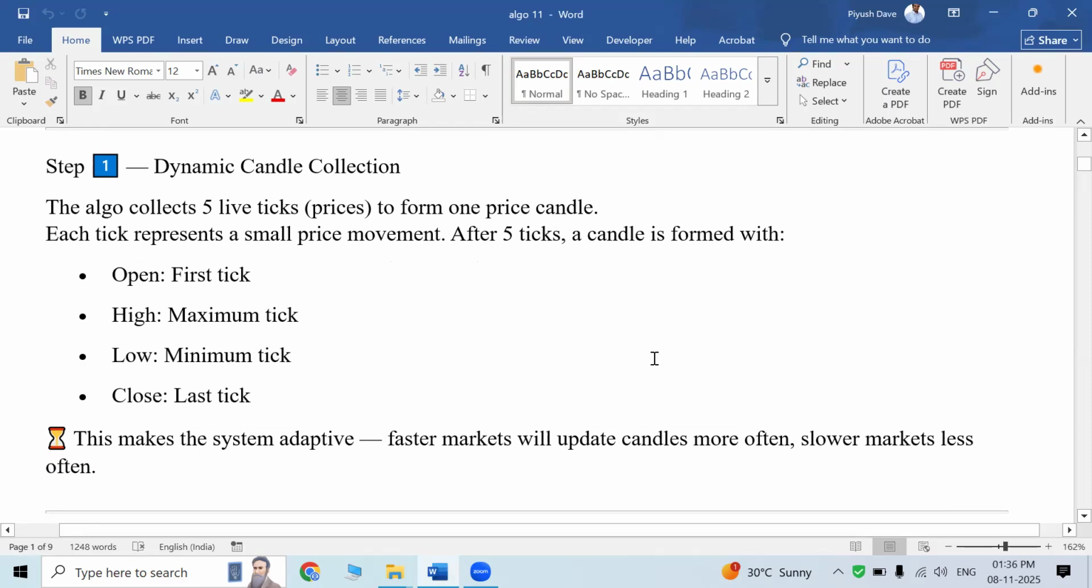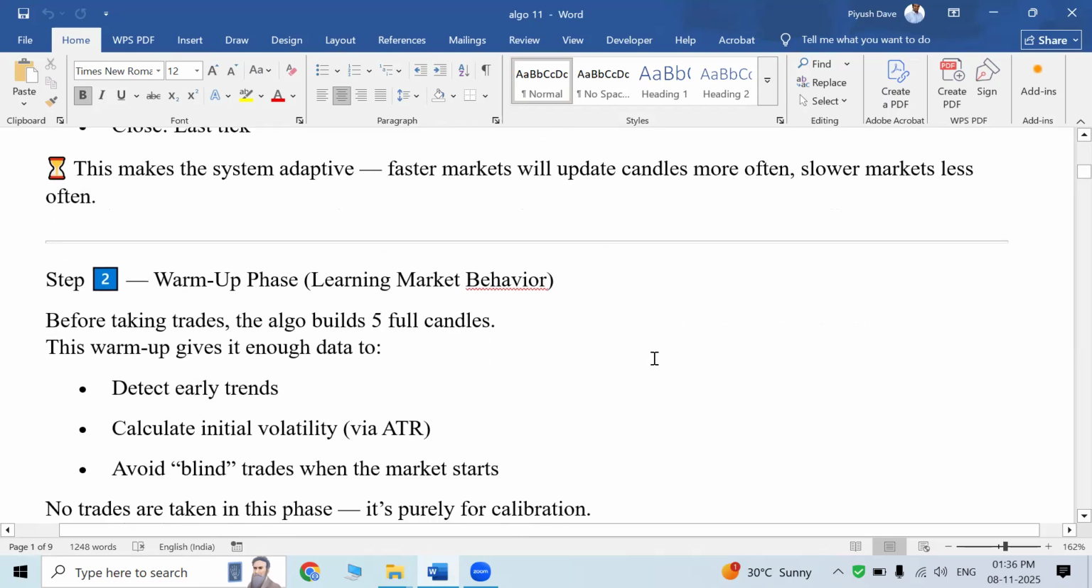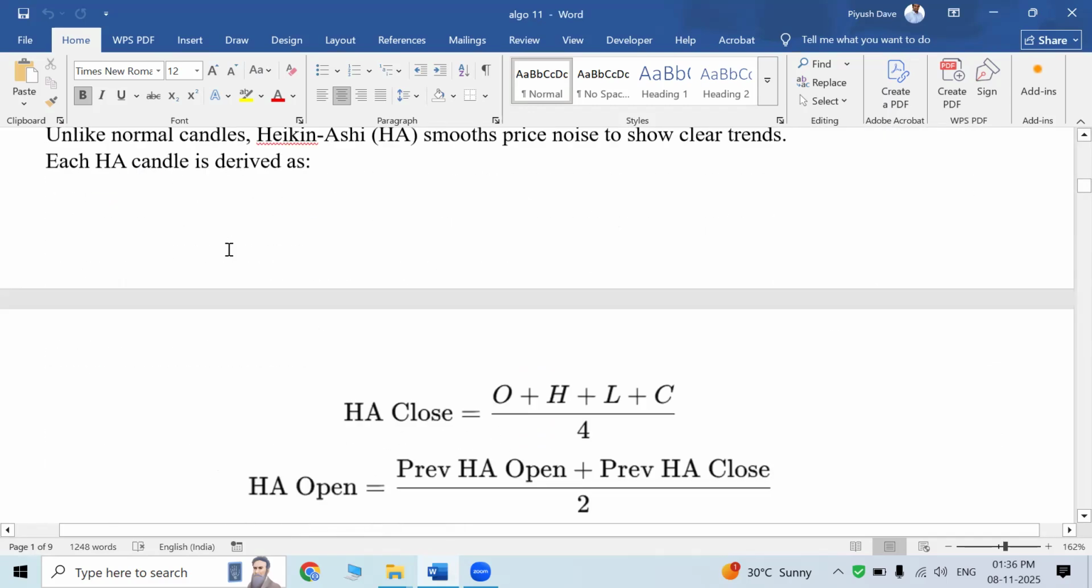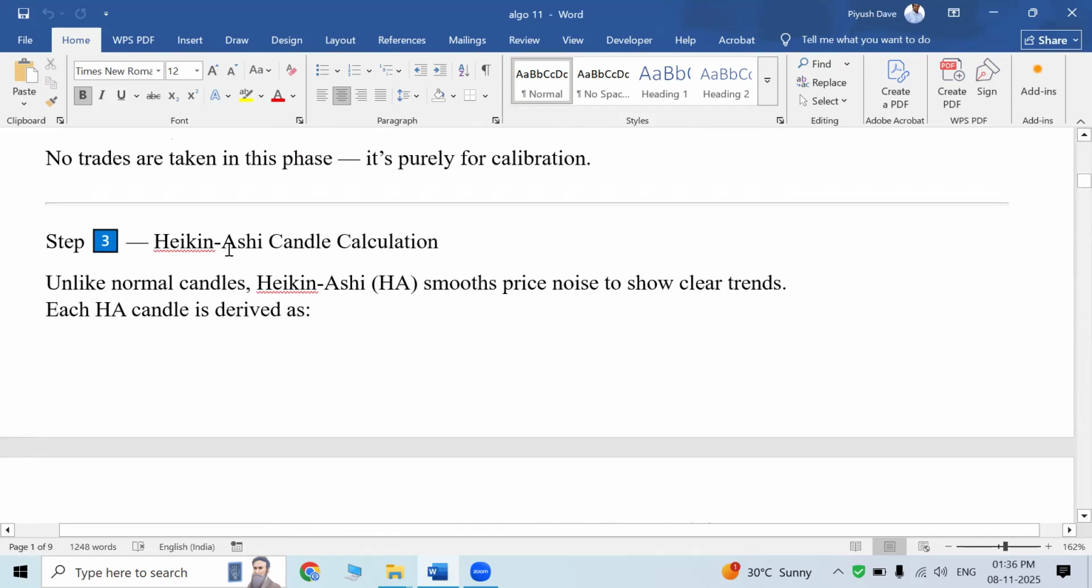So first we are going to take 5 ticks in the market. We are going to take a lot of data in terms of candles. That's basically called the warm-up phase. In the warm-up phase, we take data from the market continuously and create a candle. That candle depends on open, high, low, close. And after that, we are going to calculate